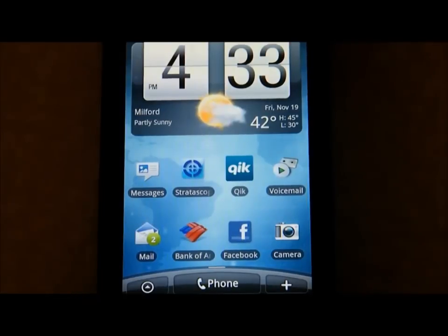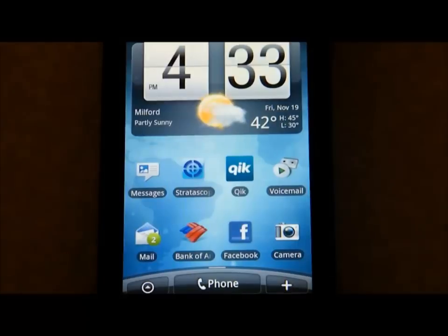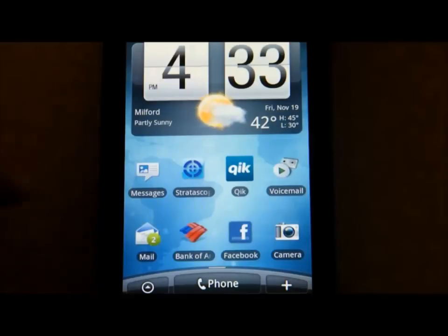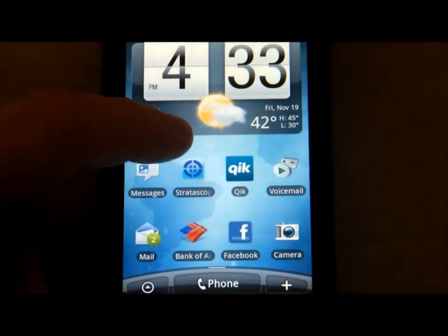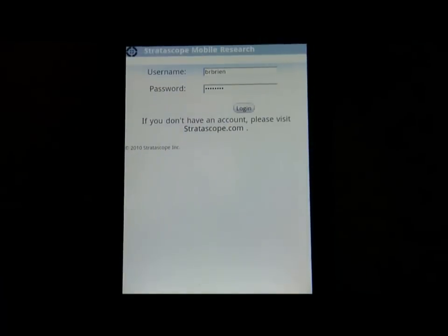So here we are at Stratascope's headquarters. We're going to take a look today at the Stratascope mobile sales enablement platform. This is brand new, to be released Thanksgiving 2010, and I'm just going to click on the Stratascope icon on my Droid phone. It also works on a Windows phone or an iPhone, basically any phone with a smartphone enabled